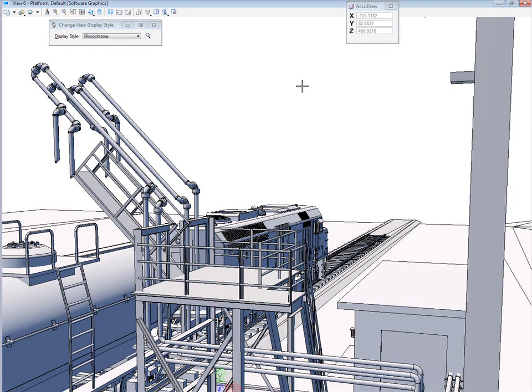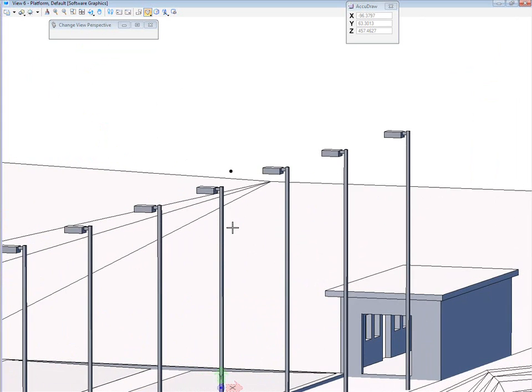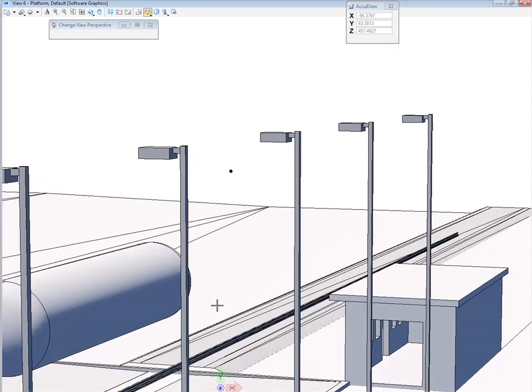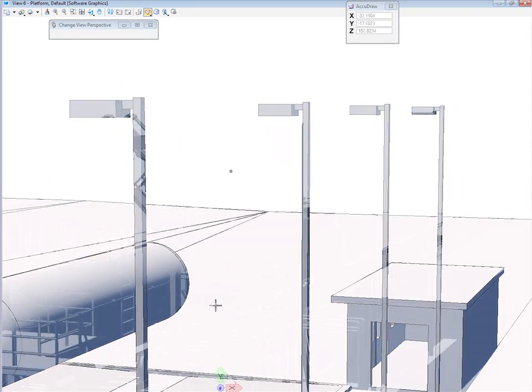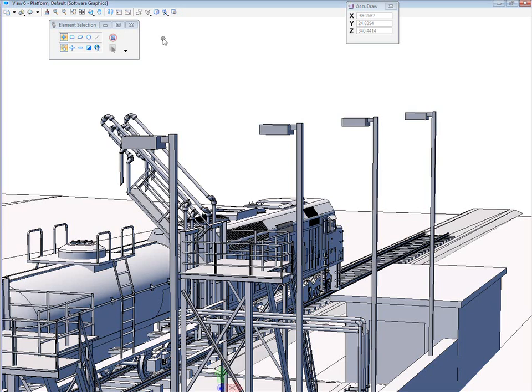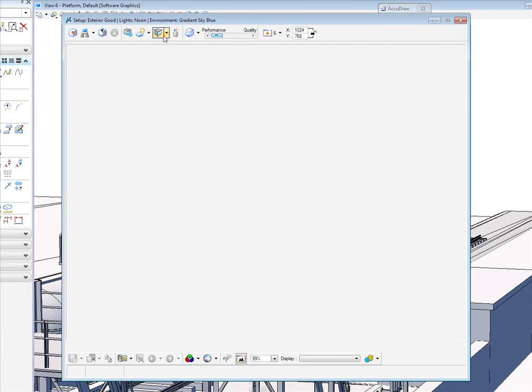We have all of our service platforms and all that wonderful engineering stuff that's going on, with a bit of architecture there in the bottom right hand corner. The problem is it doesn't have anything to place it to make it realistic. That's where we're going to be using a perspective, which is this one here in your view, change perspective. And if you click and then hold, you change the perspective of what you're seeing. We can change our perspective, and when we come back to our rendering mode,